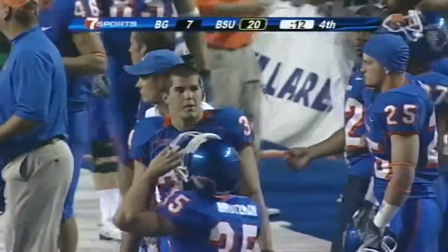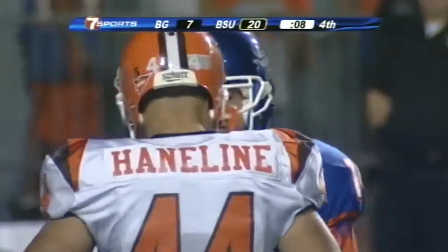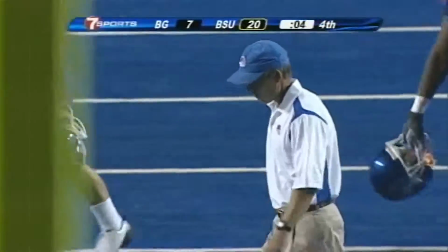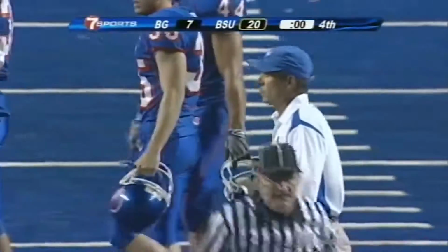This is a top 15 team. Chris Petersen not with a big smile on his face. He saw his team score 20 in the opening half, and they were shut out in the second half. Bowling Green shut out the first half, scores